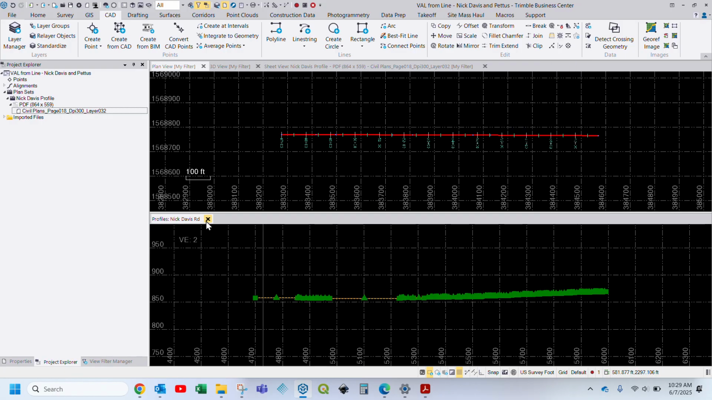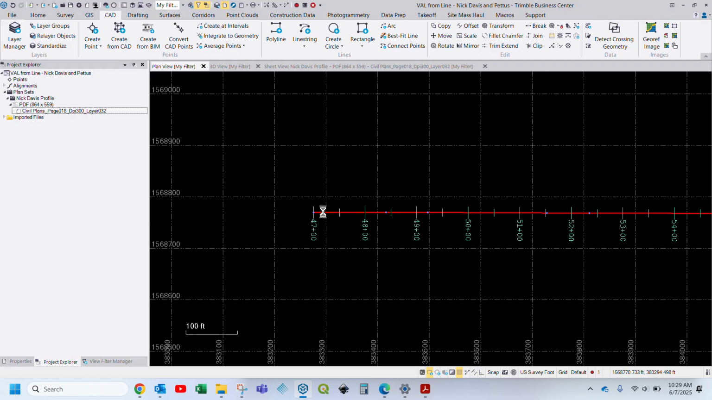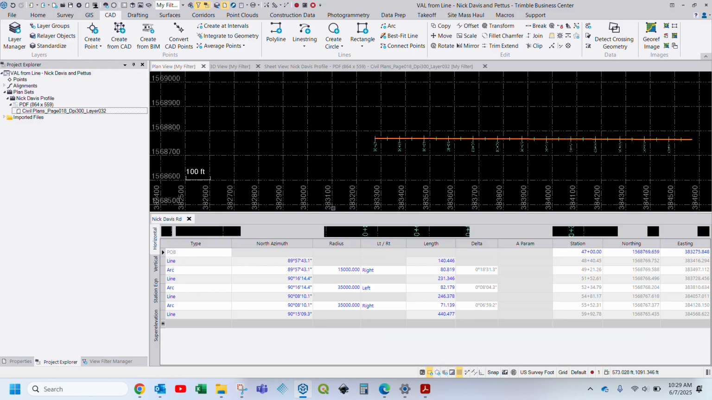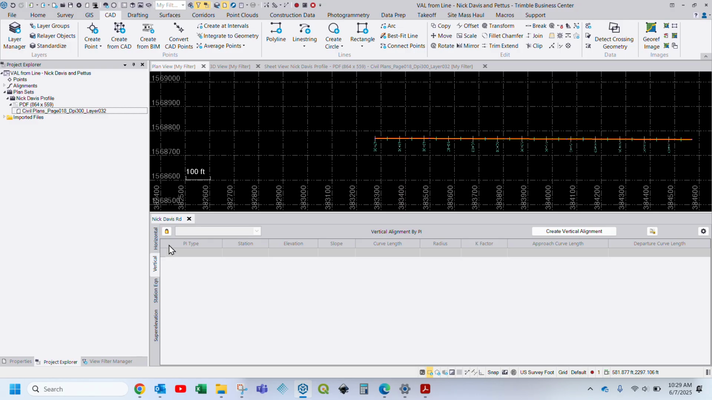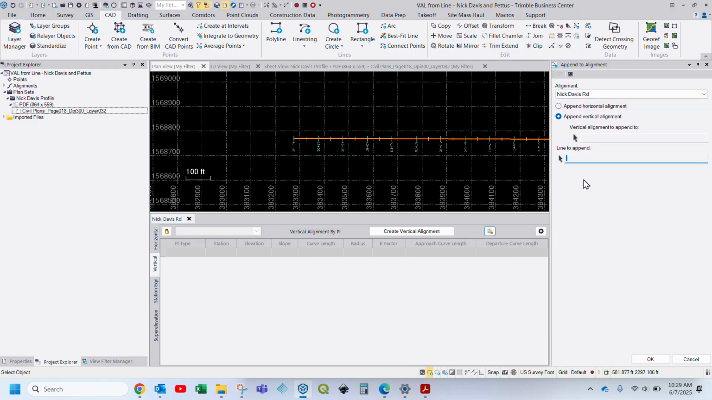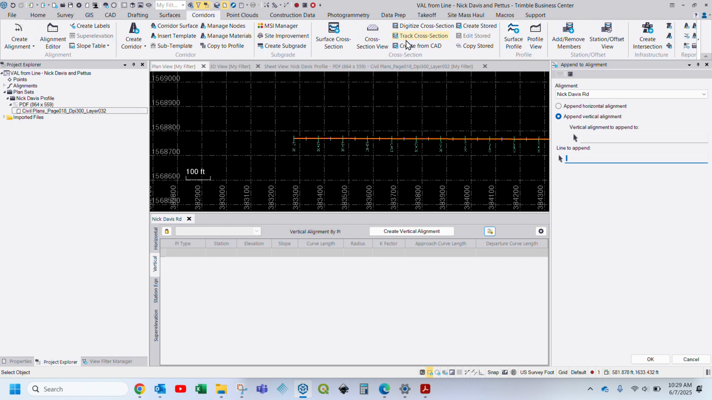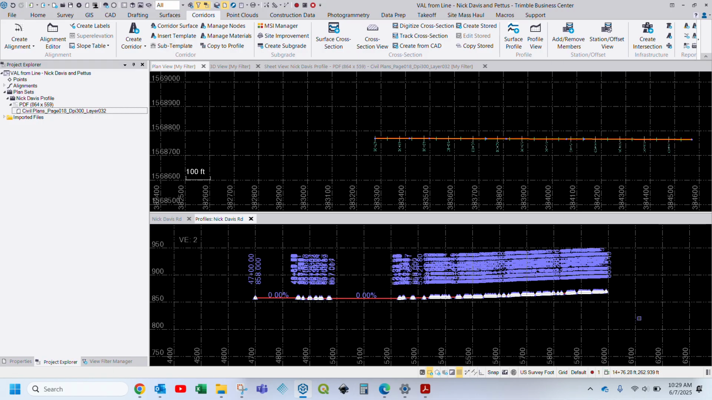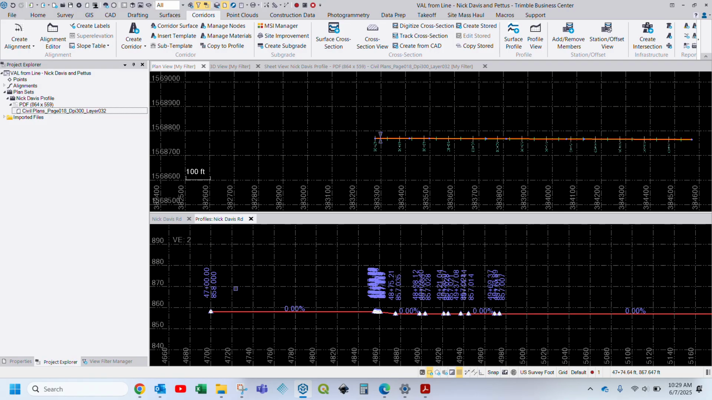So now the only thing left to do is to click on my alignment, go to edit, go to vertical, and you notice there's nothing in here right now. I have to do append selected line. And let me reopen that. And for line to append, I'm going to select this line and hit OK. And you can see here it actually uses that line